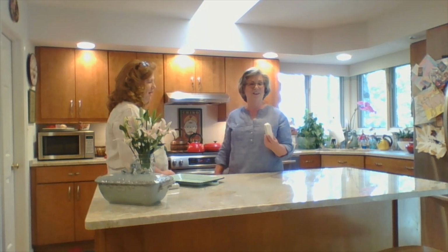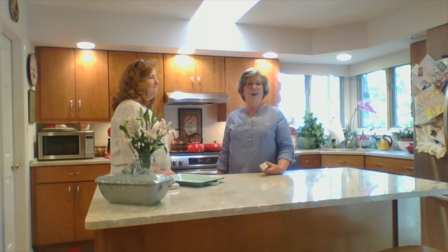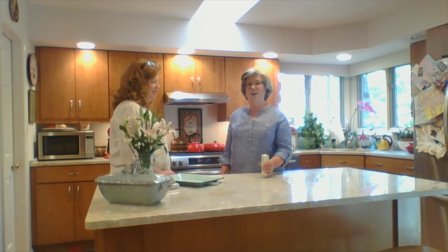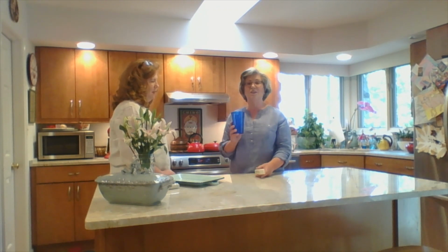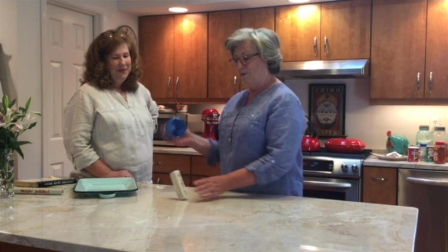Sometimes when you're doing a recipe and you have to have softened butter, like the cheese straws, and you forget to take the butter out, or if you're having people over for dinner and you're serving rolls and the butter is as hard as a brick, the quick way to soften it is you get a cup that is about the same size as your stick of butter, and you put very hot water in it. You pour the water out and you slide the cup over the butter. You let it stand for about 5 minutes, and then voila,